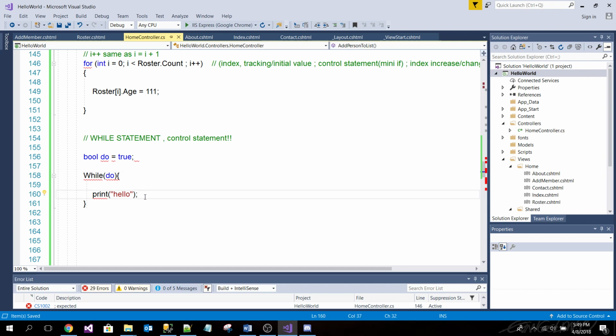Do you notice something here? If we run this code, it's like an infinite loop. It is an infinite loop, exactly. It's pretty sweet, right? Not really, but yes. The control statement is not changing. The state of it is not changing. So it is important for you to keep track of the control statement and make sure it changes, so that eventually you will break out of the loop.